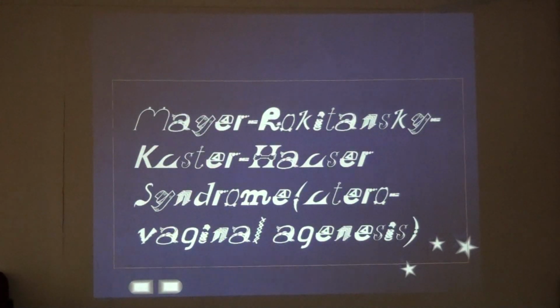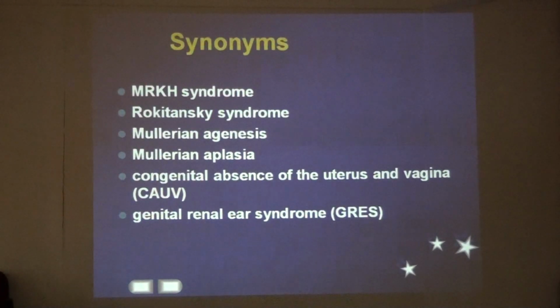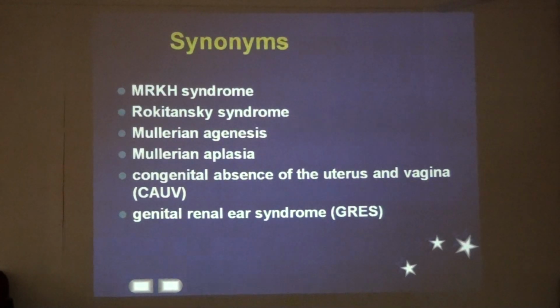Now coming to Mayer-Rokitansky-Kuster-Hauser syndrome. This is also known as MRKH syndrome or Rokitansky syndrome, Mullerian agenesis, Mullerian aplasia,